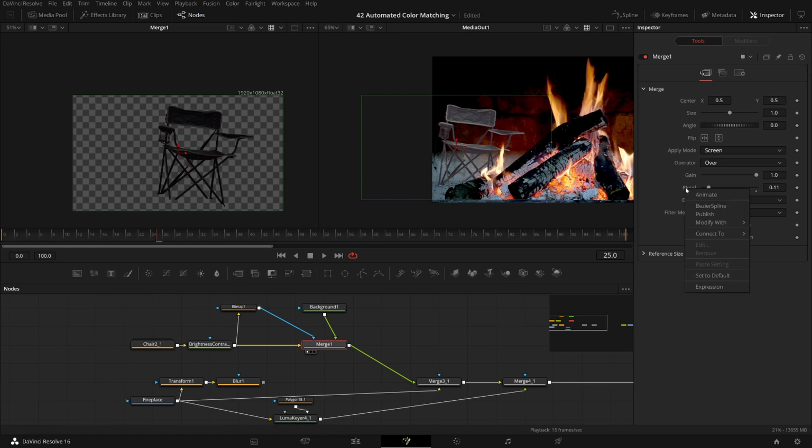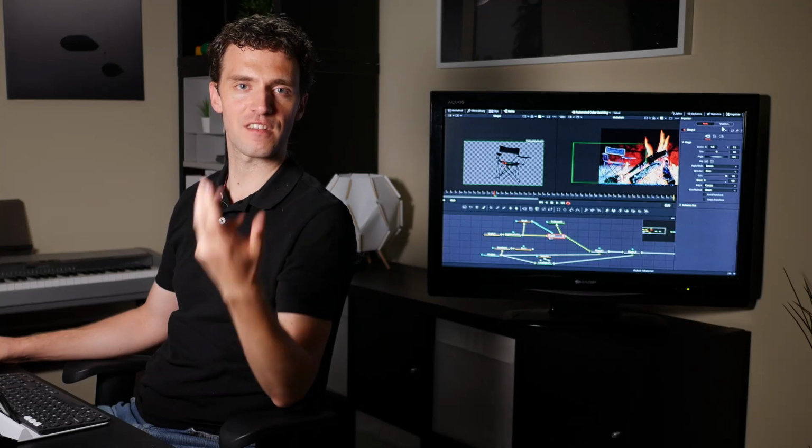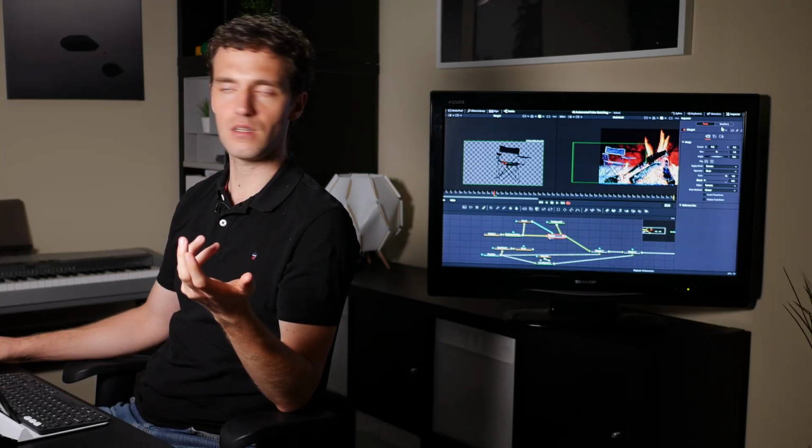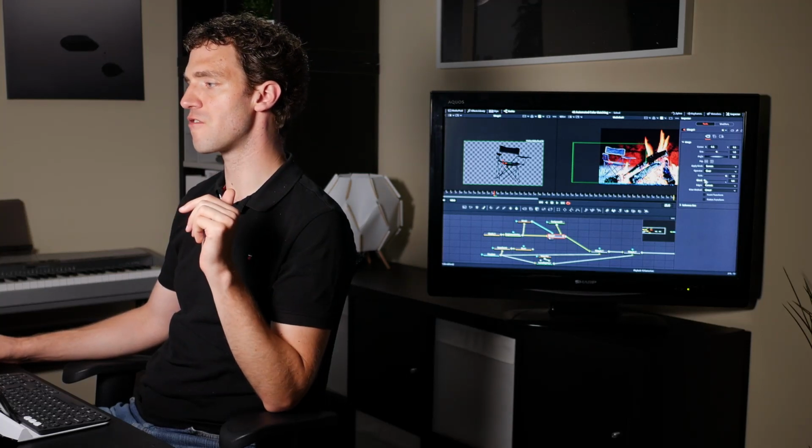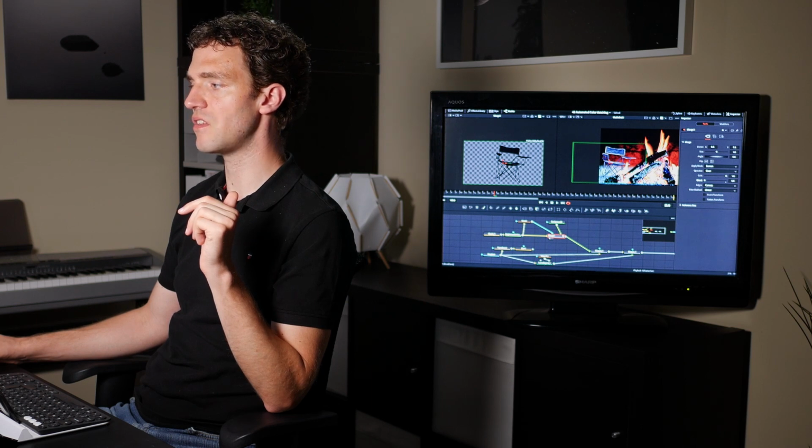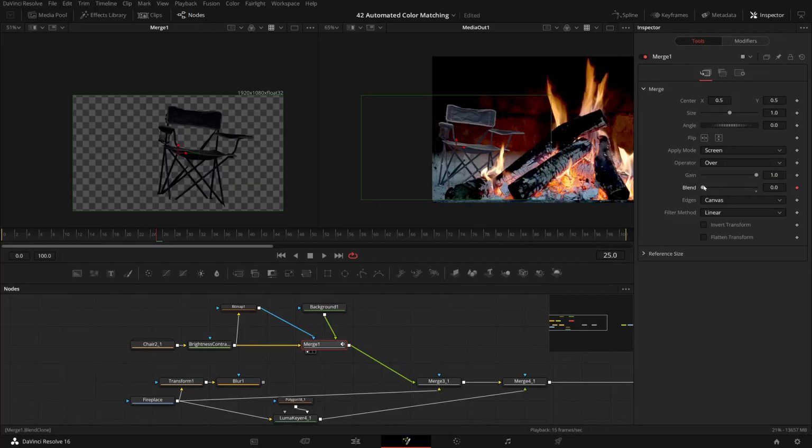So I can right click on blend, say modify with probe. A modifier is kind of a tool that drives one parameter of another tool. So in this case, I have the blend parameter, which is now animated. You see this dot here. This means this parameter I no longer set here. I can't even change it here. Instead, it comes from a different place, and the different place is